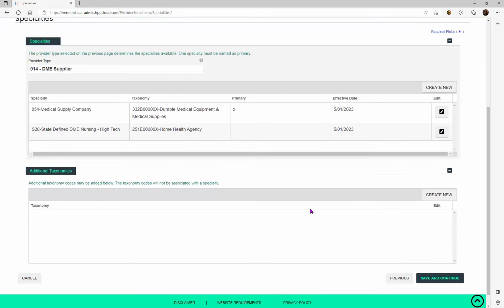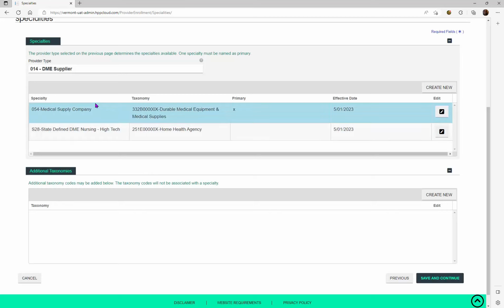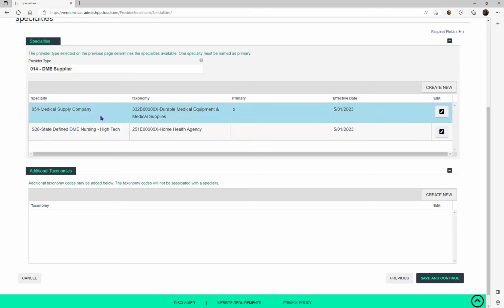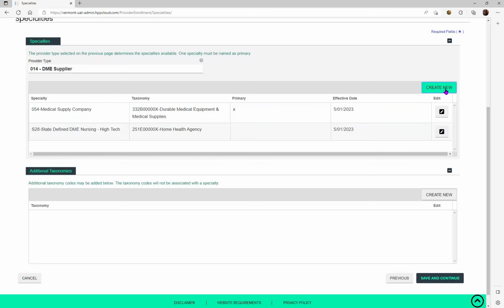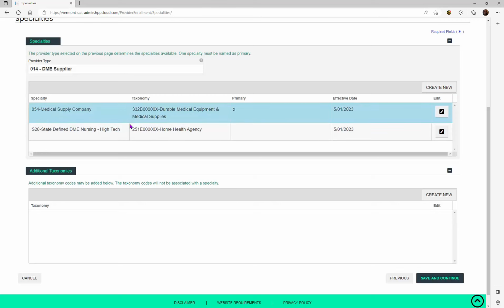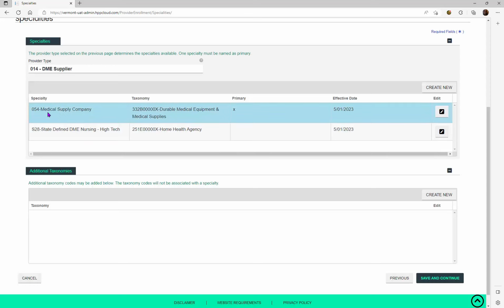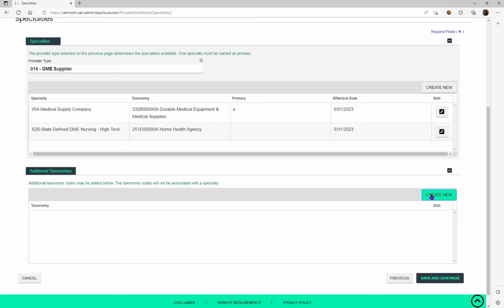Just below the Specialties field, you're going to notice the Additional Taxonomies section. This is reporting any additional taxonomies that may be associated to a specialty that you have listed up top. I'm not able to duplicate a specialty at the top here, so I couldn't hit Create New, add another 054, and choose a different taxonomy. It will error out. It won't let you save it because you can't duplicate a specialty. But if I wanted to report another taxonomy in line with this specialty, I'm simply going to hit Create New at the bottom,